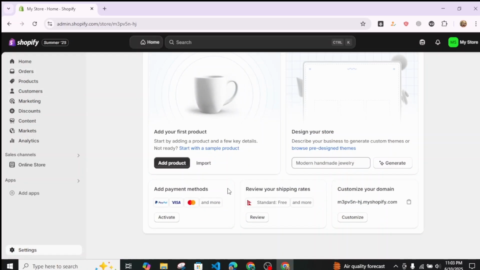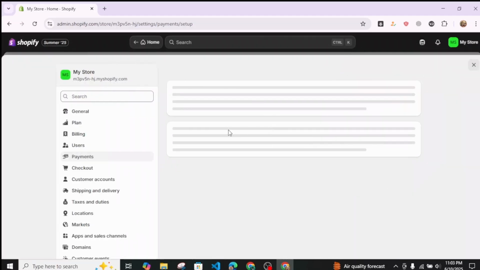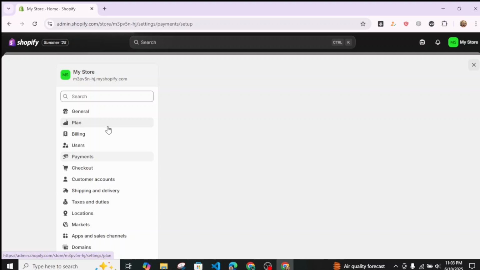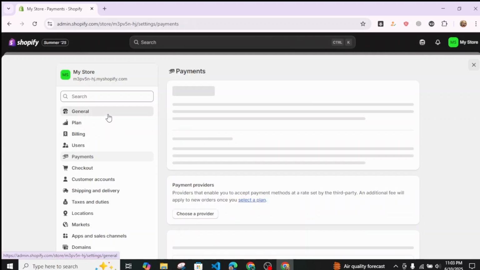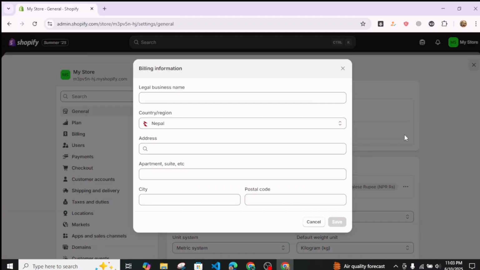If this is your first time activating your payment, you should be heading over to this payment section over here, where you'll be getting this screen. Now simply tap on this general button over here, and you should finally see the billing address. Currently it's on Nepal, so you can just tap on this edit button over here to edit your billing